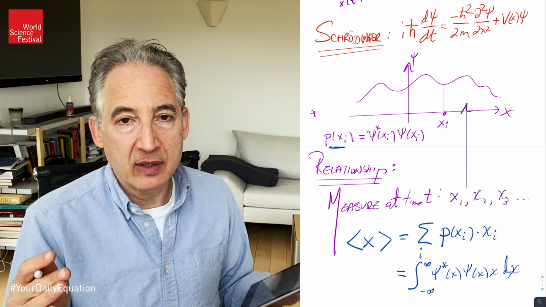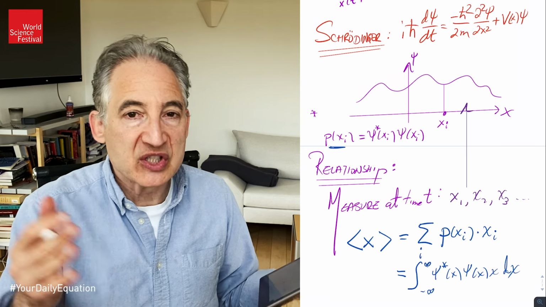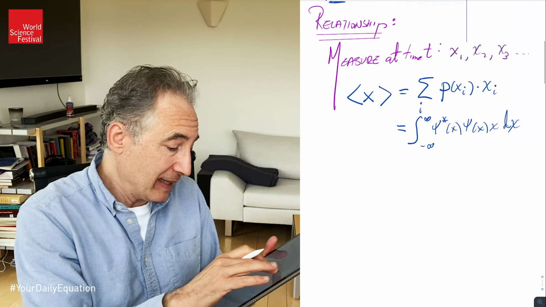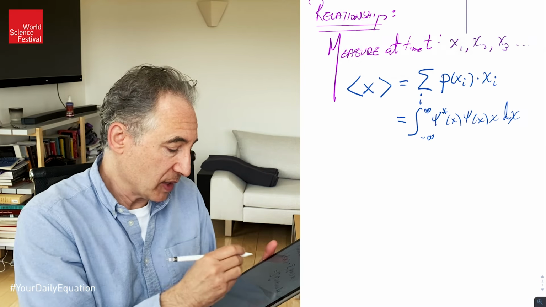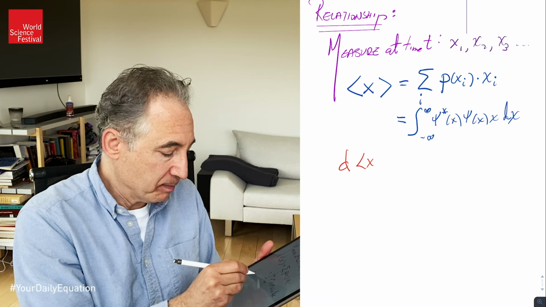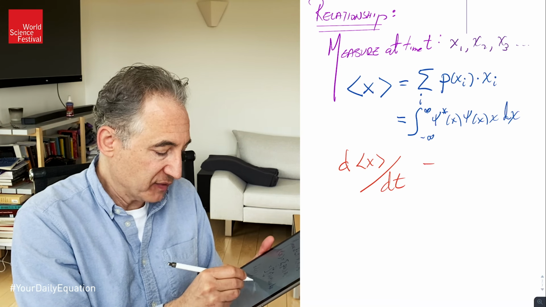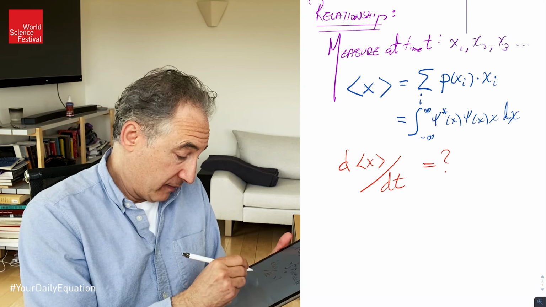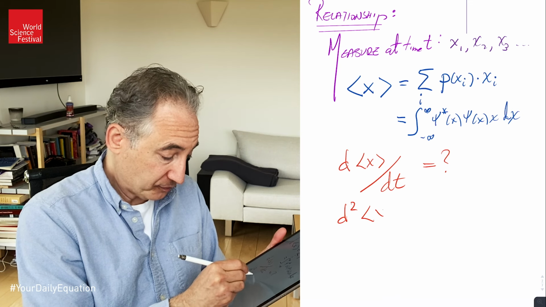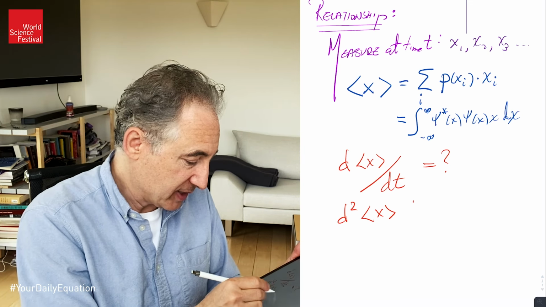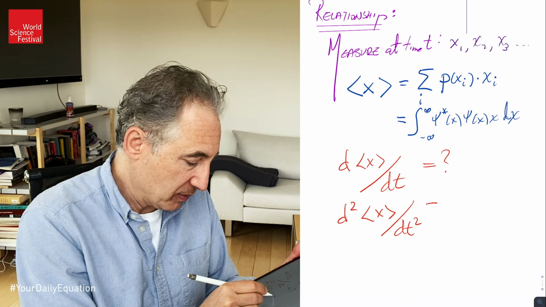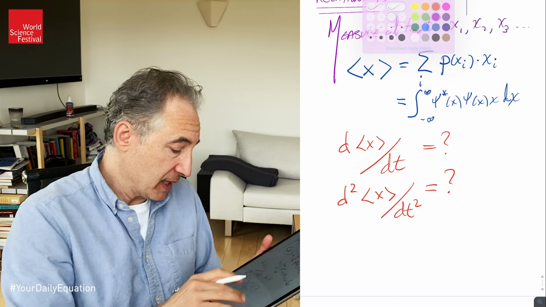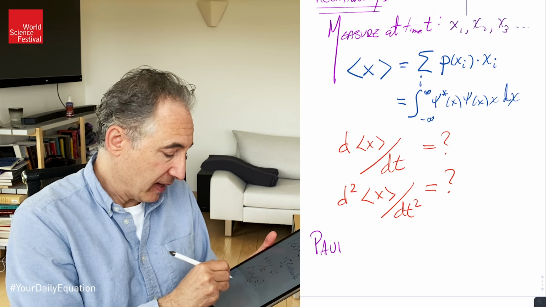So that gives us a notion of the average or expected location of the particle at a given moment in time. And then with that in hand, we could ask ourselves questions like, well, how does that average position change as a function of time? That is, what is the derivative of the average value with respect to t? And of course, once we understand that, we could take one more derivative. What is the second derivative of the average value with respect to t? And what we will find, or I should say more precisely, what Paul Ehrenfest found